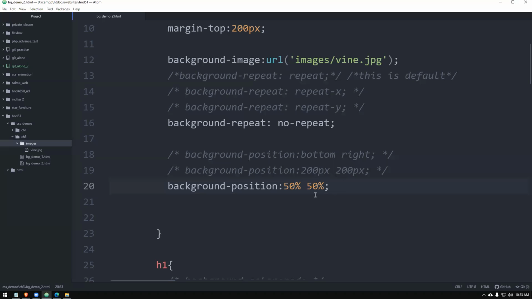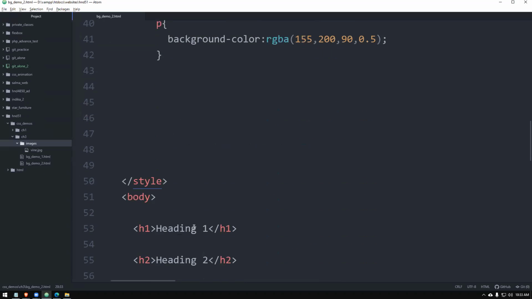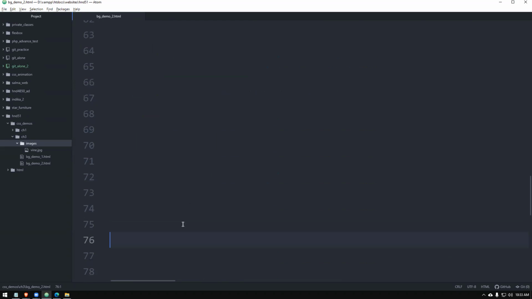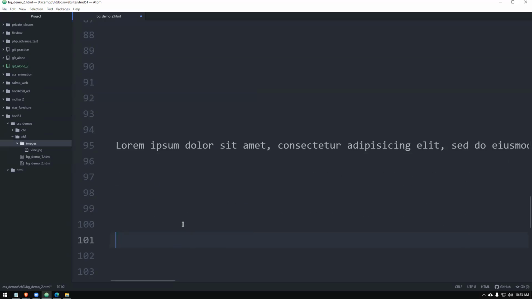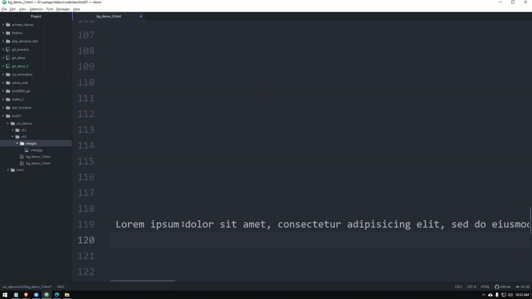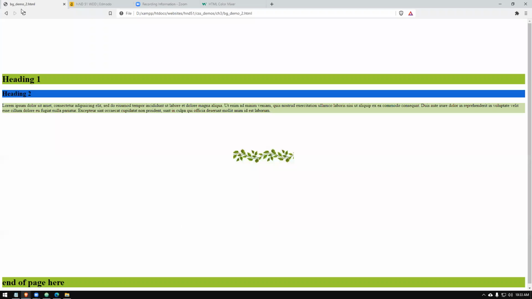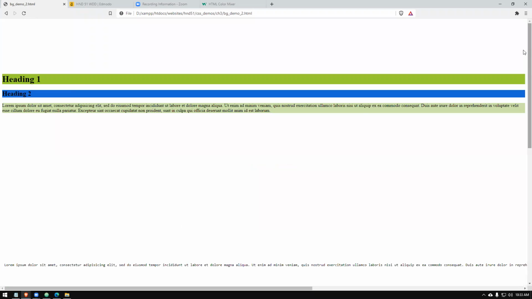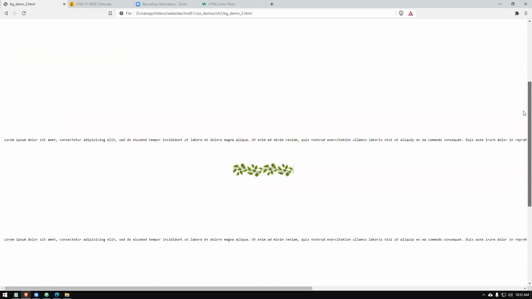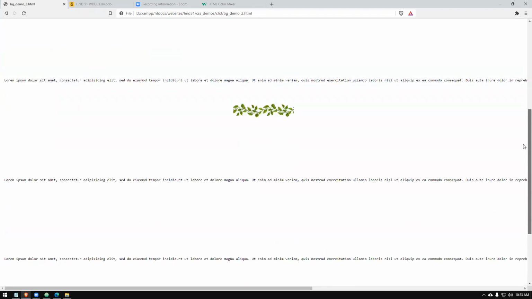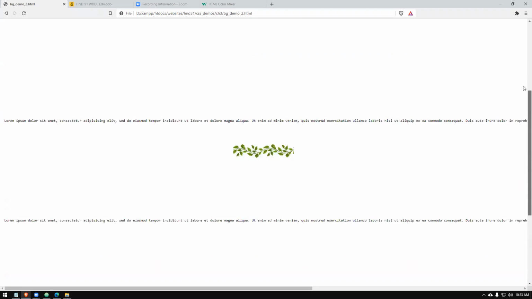Now what happens is, let's assume our web page is really tall. If you want, I'll add some text in between for you to see. So if you see, the image is at the center, and by the time I'm scrolling, it is going up and down along with the content.